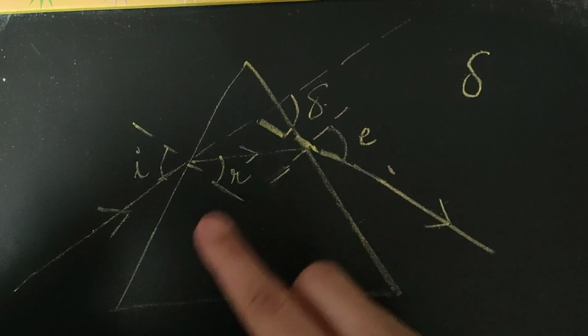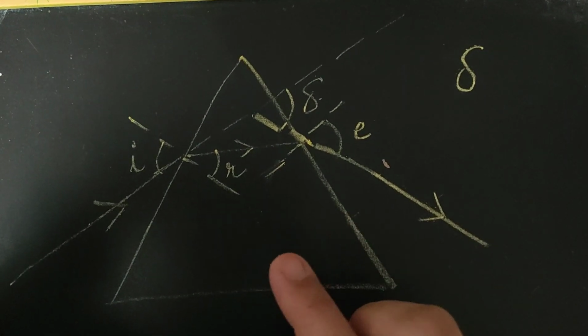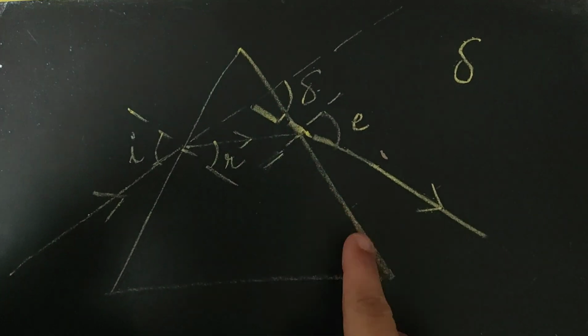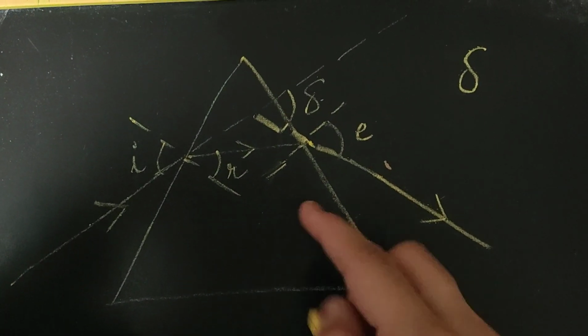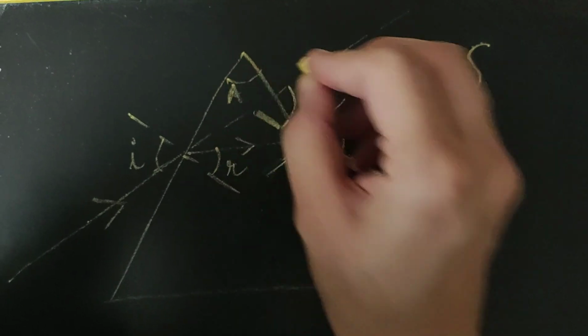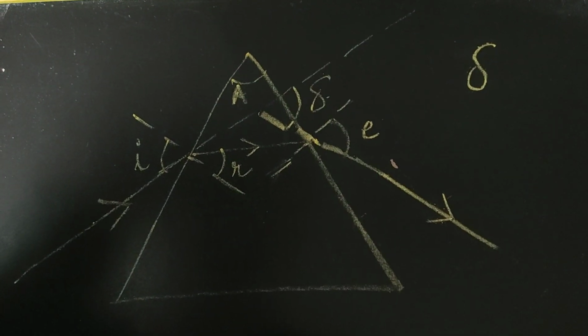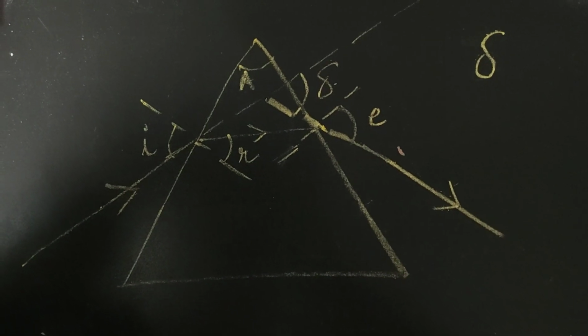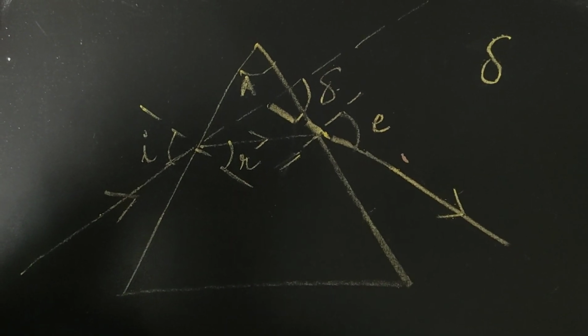Also since we will be considering equilateral prisms, equilateral in the sense that all these three angles would be equal. So you may also label the angle of prism. This is known as the angle of prism. Symbol is capital A, angle of prism. So this is the complete labeled diagram for a ray of light passing through a glass prism.